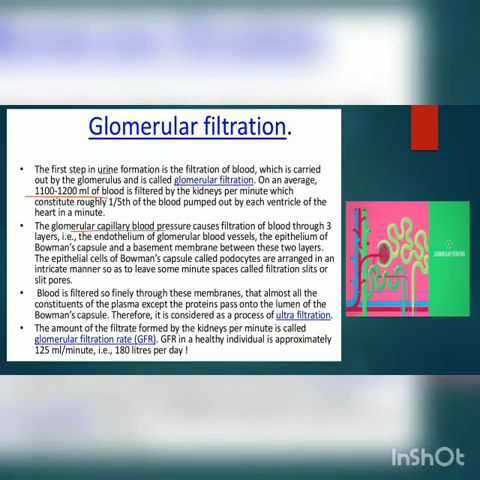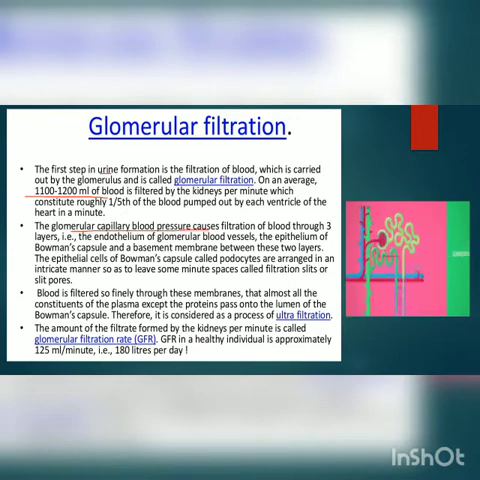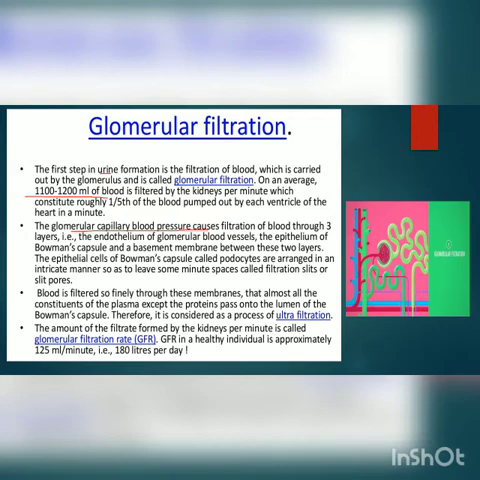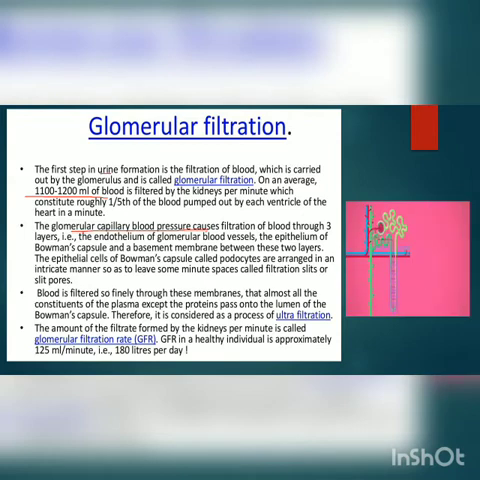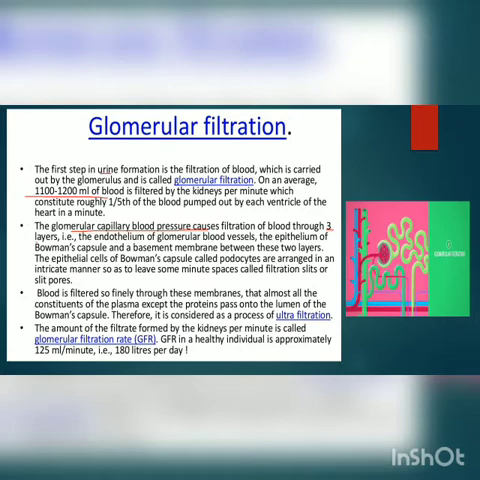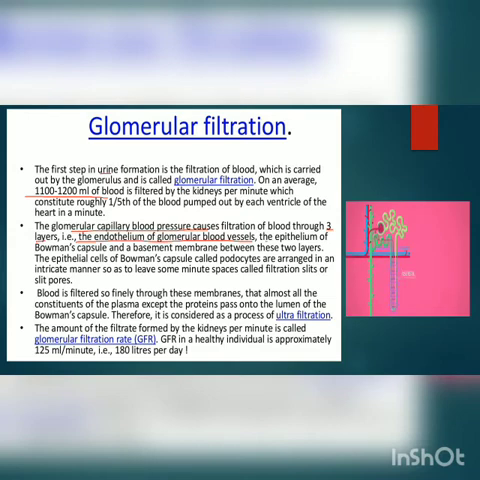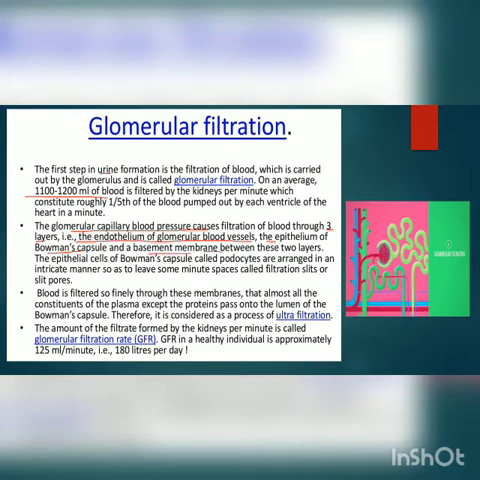The glomerular capillary blood pressure causes filtration of blood through 3 layers. So the reason for the filtration is the capillary blood pressure. Which one? The glomerular capillary blood pressure. And this filtration takes place through 3 layers: the endothelium of glomerular blood vessels, the epithelium of the Bowman's capsule, and the basement membrane between the 2 layers. The epithelial cells of the Bowman's capsule, called podocytes, are arranged in an intricate manner so as to leave